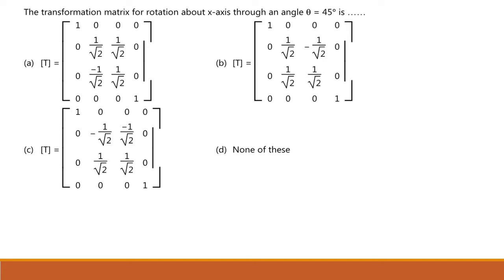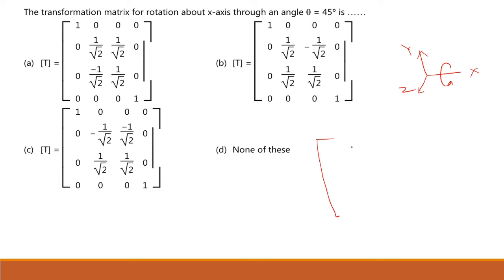तो सबसे पहले आपको रोटेशन मैट्रिक्स मालूम होना चाहिए. That is the rotation matrix which gives the rotation about x-axis. So what is that? While rotating the object about x-axis, the x coordinate will remain as it is. Suppose this is x, this is y, and this is z, and if you are rotating the object about x-axis, the x coordinate will remain as it is.